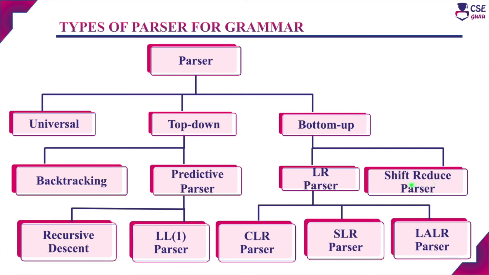And here we have to construct the shift reduce parsing table. Based on the parsing table, the possible actions may be shift, reduce, accept or error. Shift is nothing but the current input symbol being pushed onto the top of the stack. Reduce is nothing but trying to reduce the input string by a non-terminal. Accept represents the successful completion of the parsing. And error represents any syntax error, so it will call an error recovery routine.